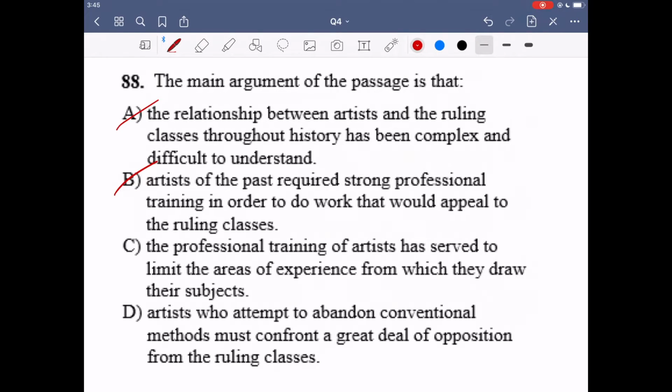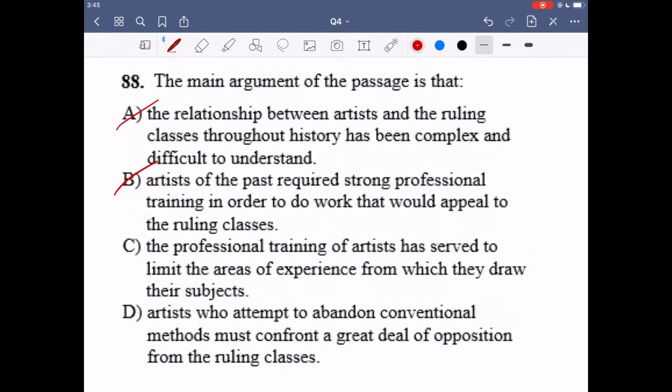Well, it's not just that the artist is saying you need a lot of training to appeal to the ruling classes. Of course people who are very good painters need a lot of training to get to that level. There were different systems back then, right? Whether you went to a school, or you were gifted and had a rich patron sponsoring you, whatever the case may be, the type of training you received is what was limiting you.